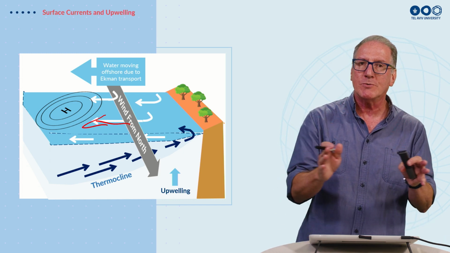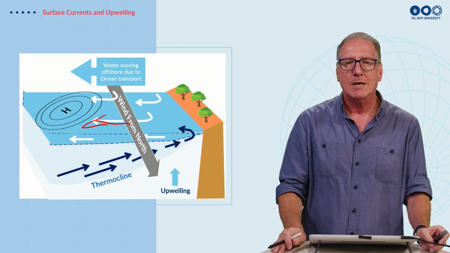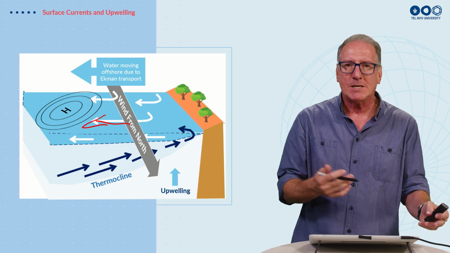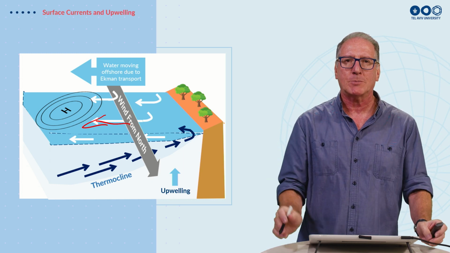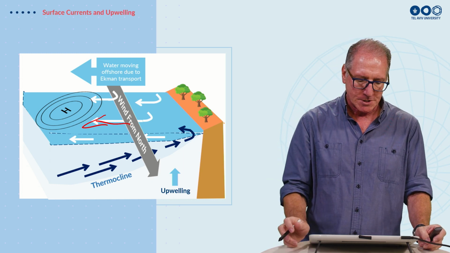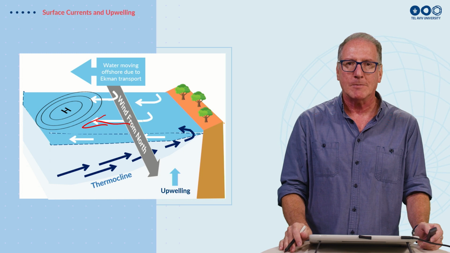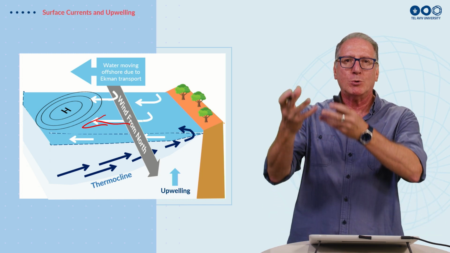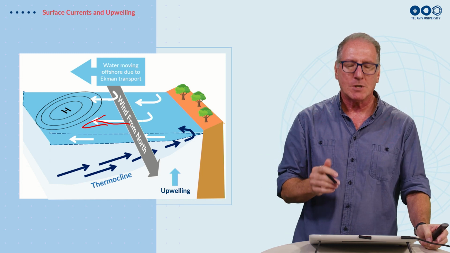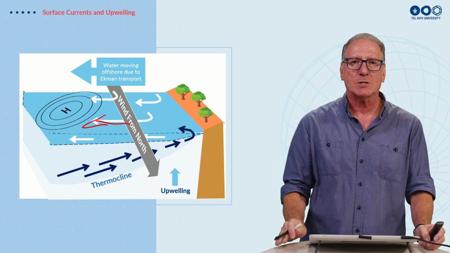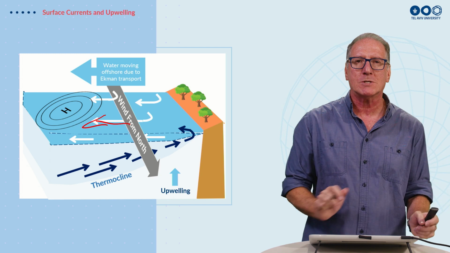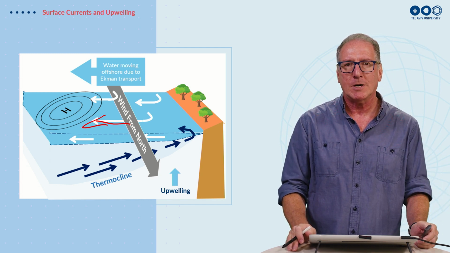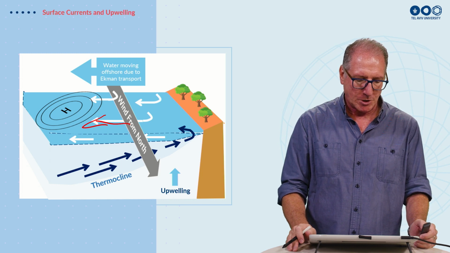The surface water moves away from the continent, and you cannot be left with a vacuum there. So what happens is that very cold water gets sucked up to the surface, the dark blue arrows, in a process we call upwelling. The cold water from the depths gets pulled up to the surface because the Ekman transport is taking the water away from the coastline, and this is because of the winds which are blowing from north to south in this part of the world.